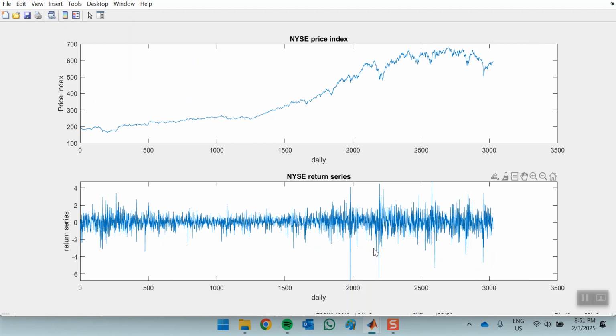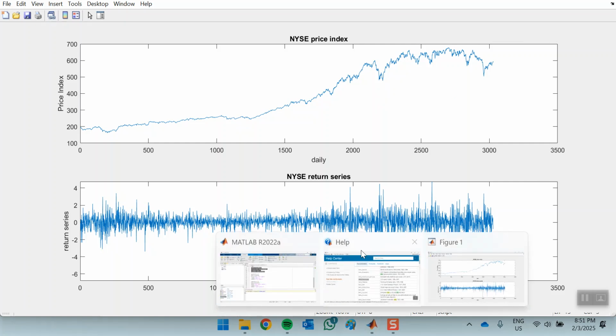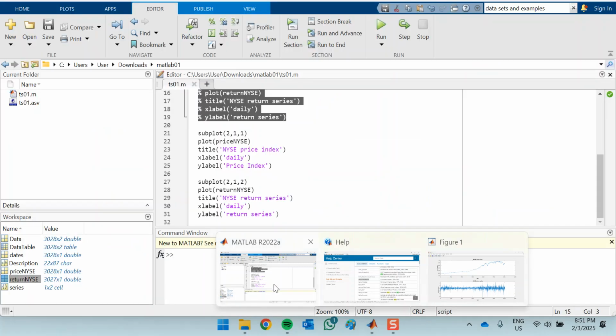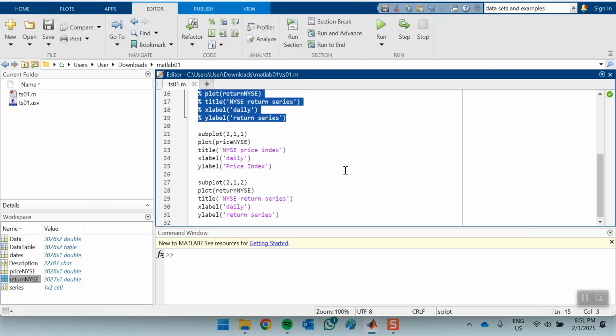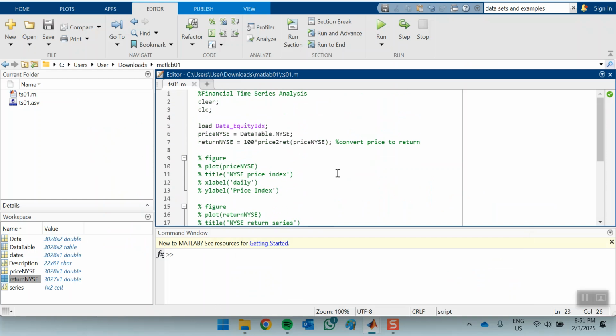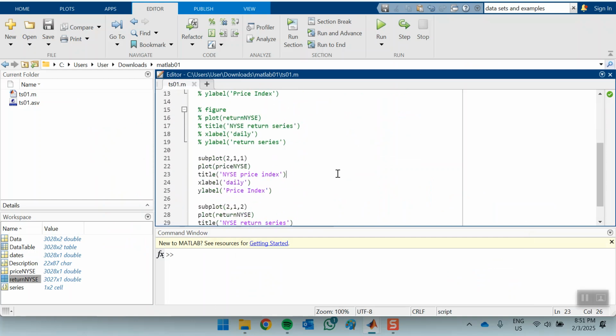Okay, price and indexes. So in this way, you can just have a look at there's an upward trend over the time. Then when there's an up and down trend in this region, you will see the fluctuation is much more intense if we compare to this one, isn't it? Okay, so this is the so-called leverage effect for financial time series. Okay, so this will be a quick analysis of